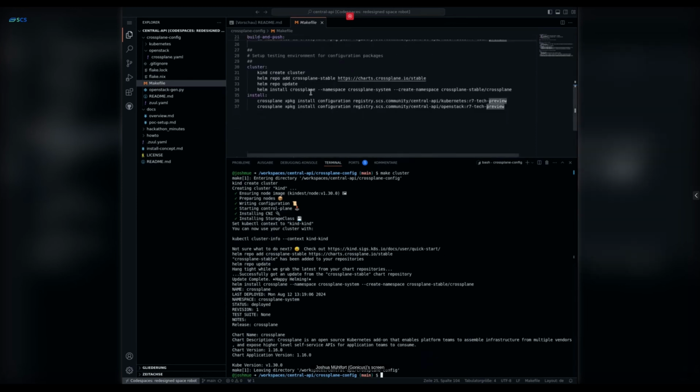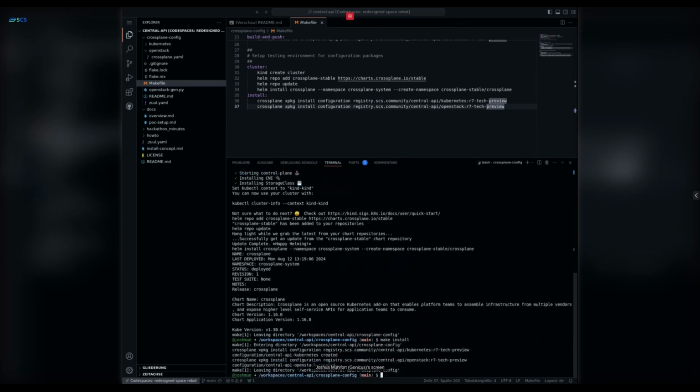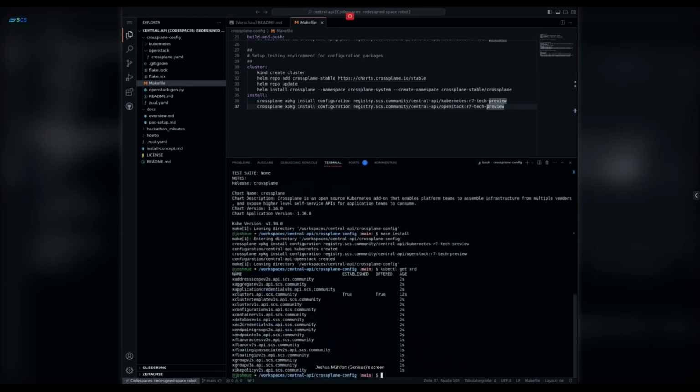I conveniently also already prepared a make target for that. Here we go. Now I installed, using the Crossplane CLI, the OpenStack and Kubernetes configuration package, which will now create many XRDs,